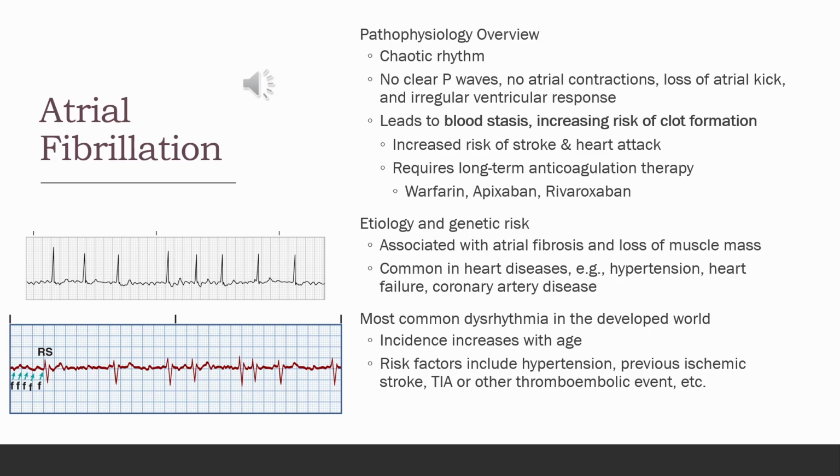So let's talk about the pathophysiology for atrial fibrillation for a second. We know that in a normal heart rhythm, the electrical impulse travels from the SA node in a very organized manner to produce that effective atrial contraction. However, in atrial fibrillation, we have multiple ectopic sites firing at a very rapid rate of usually 350 to 600 beats per minute, which leads to a very disorganized depolarization. The AV node, however, is still serving as our gatekeeper. It's only allowing some impulses to pass to the ventricles, which results in an irregular ventricular rate, usually between